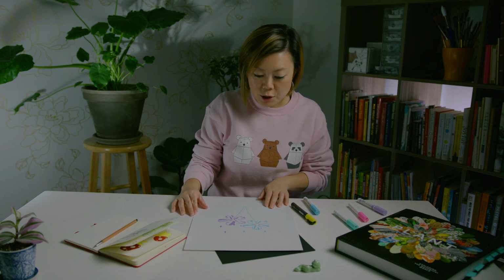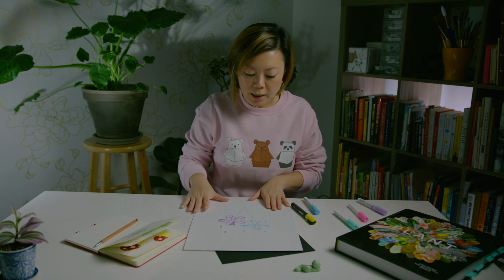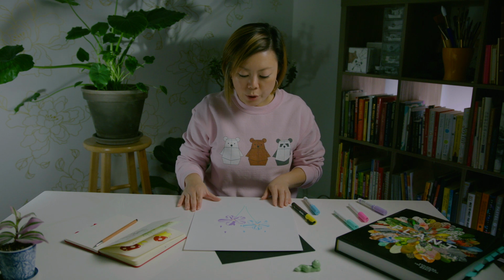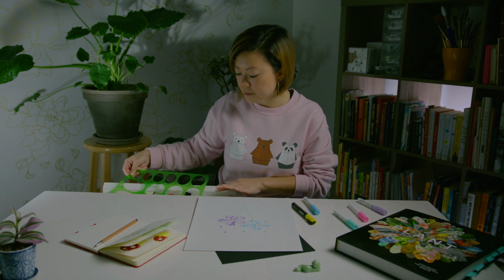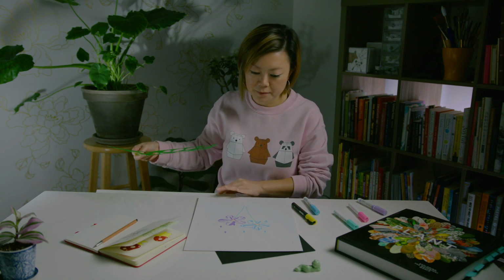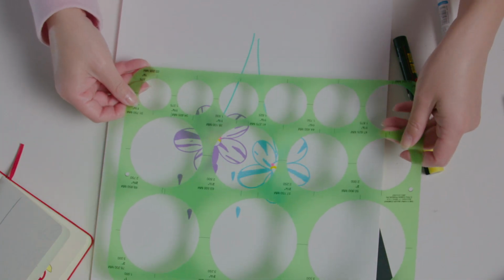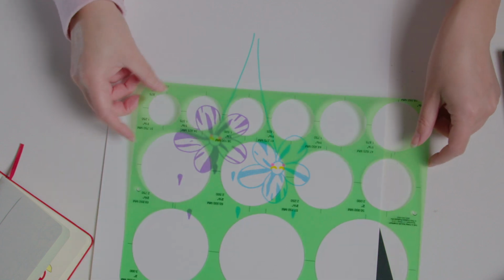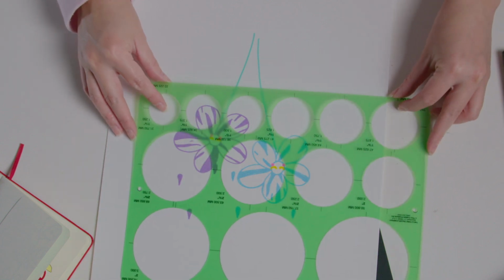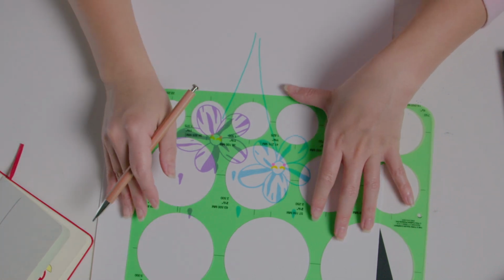I think I'm actually going to add some cloud components just to tie in the story a little bit more for these flowers. I'm gonna go ahead and grab my stencil. So what I do is I'm gonna make simple clouds using the circle shape here, and I'm only going to use half of it. So what I'm gonna do is make